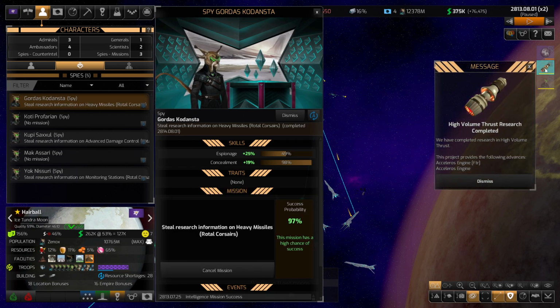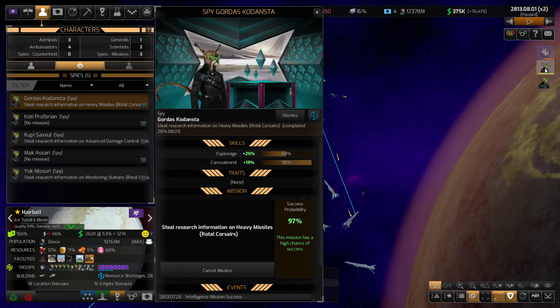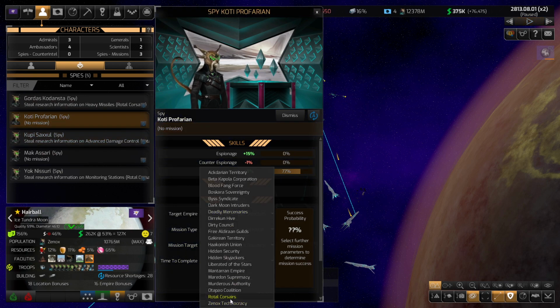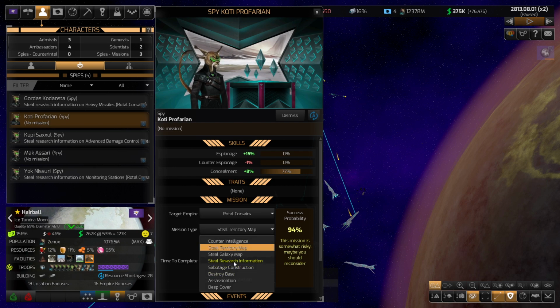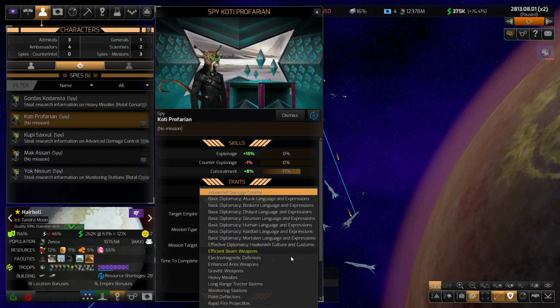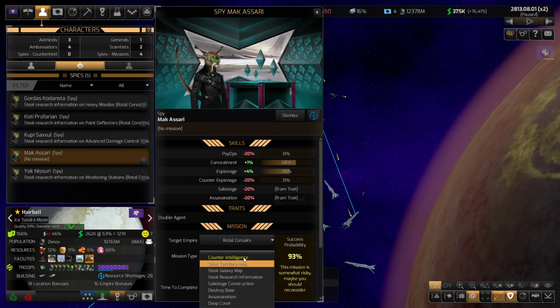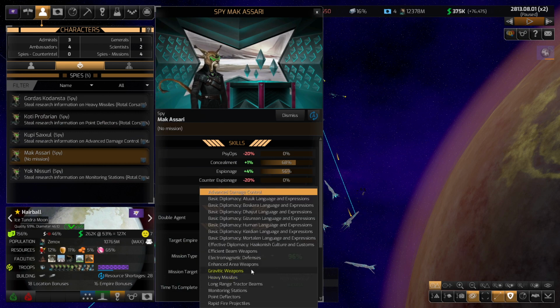Okay, and last but not least, we have completed high volume thrust research, which is really amazing. That was on the first go, wasn't it, Mock? Wait, you didn't do it. I didn't click it? Damage control. Okay, advanced damage control, heavy missiles. Did you finish, Cody? Did you finish already and I didn't? Point deflectors. It's probably you were doing point deflectors. I never reassigned you. Okay, anyway, next up we have...